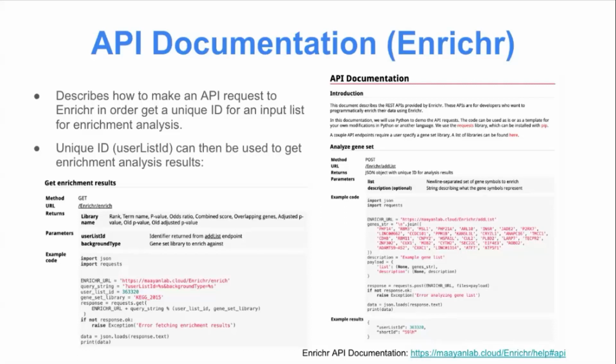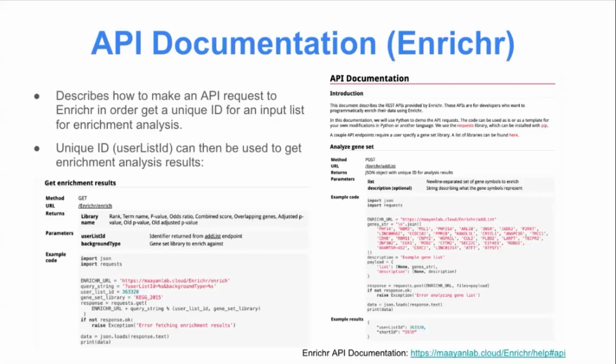And so we see here that to analyze a gene set, they've given us the method that we would use to do this, the URL endpoint, which is enrich/addList. It'll also tell you what parameters you would need to send in with this request in order to get the response that you want. So here we see that we would need to send the gene list that we are trying to analyze, and you could also send an optional description, which is just a string describing what